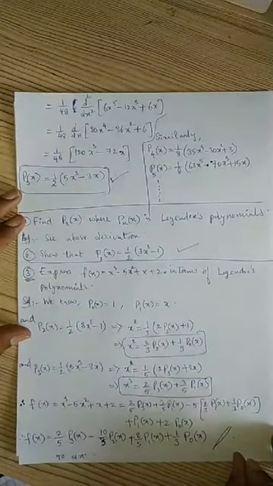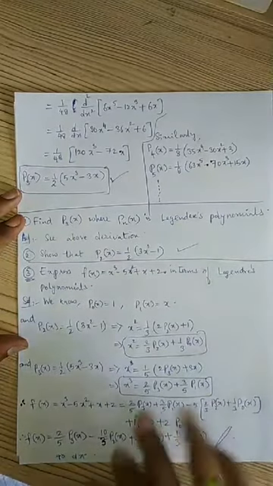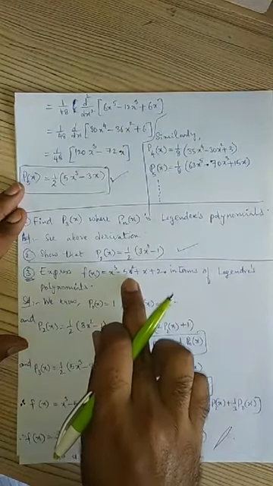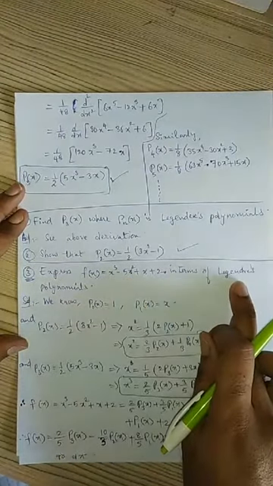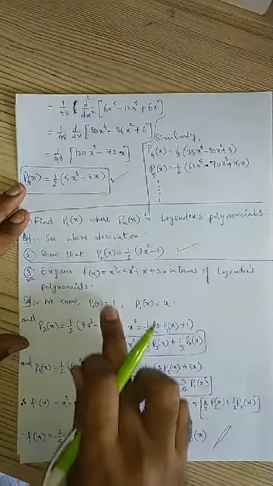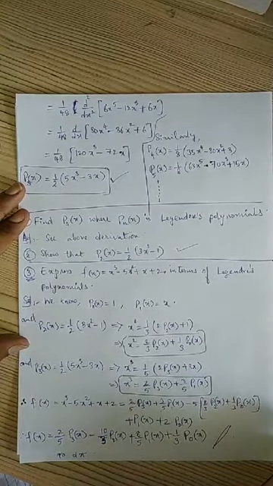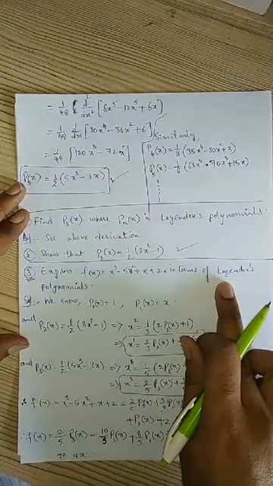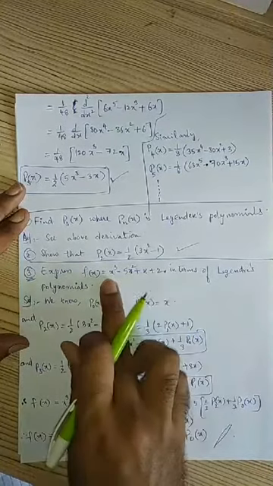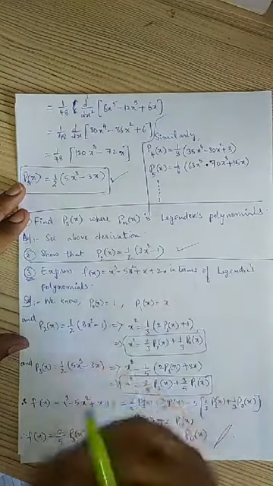Okay, I got many replies. The students are saying that they are following. Okay, fine. So in this problem you can see that one function is given and we are asked to express this function in terms of Legendre's polynomials. For that we have used these expressions and replaced 1, x square, x cube with the corresponding Legendre's polynomials. In the reverse way, a question may be given in Legendre's polynomials, and you will be asked to represent that in the general x form, right? Instead of x form, you will be given some P0, P1, P2, P3, P4 here, and you will be asked to express that in x form.